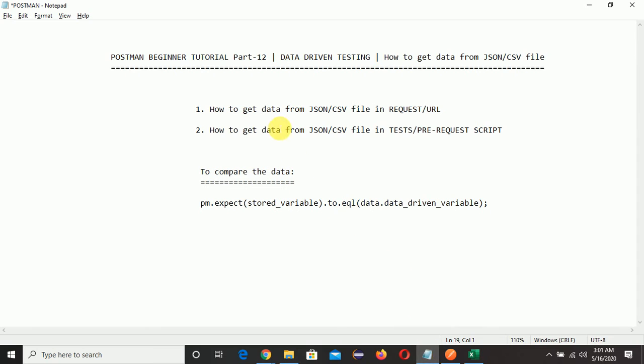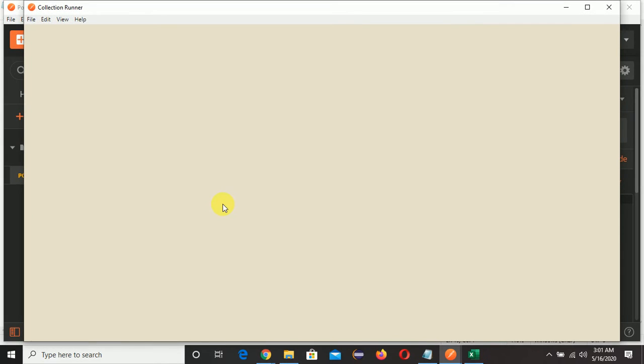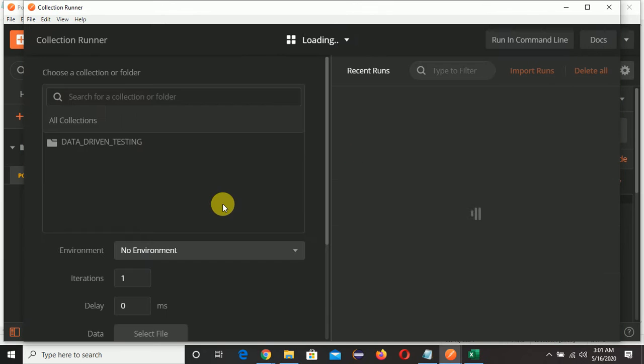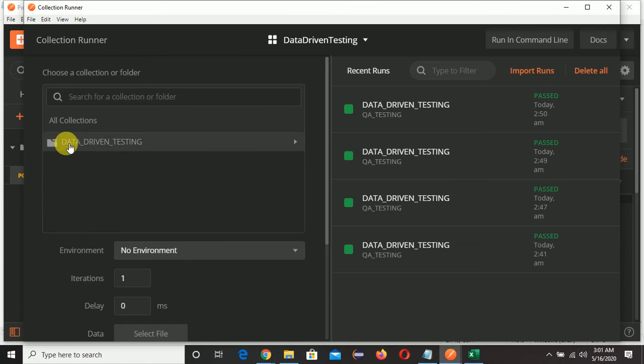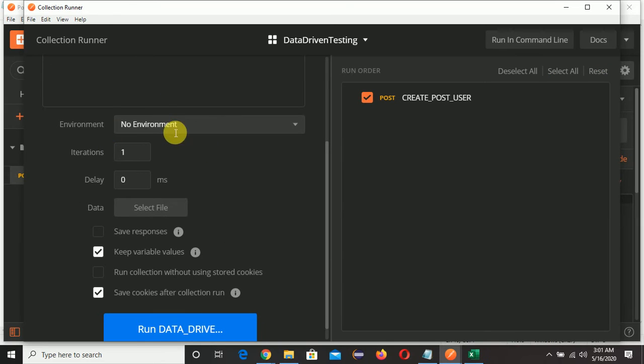But we need to get the data from a JSON or CSV file in the request or the URL. For that, what we need to do is click on runner, and since this collection is already selected, just select your environment. We have created this environment as well, right?